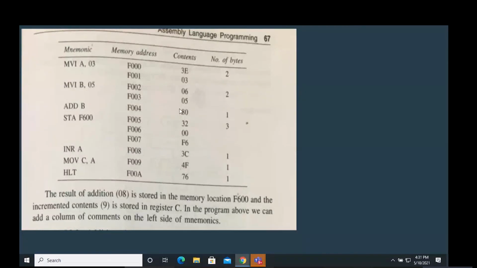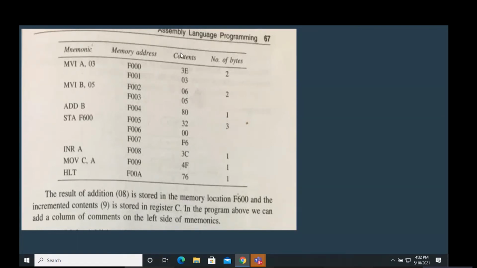Don't worry about why this is 06, why this is 3. That's not required at the moment. But just understand this 03 is the 03, this 05 is this 05. The mnemonic's operand is the higher order hexadecimal code, which is there in this hexadecimal code column.